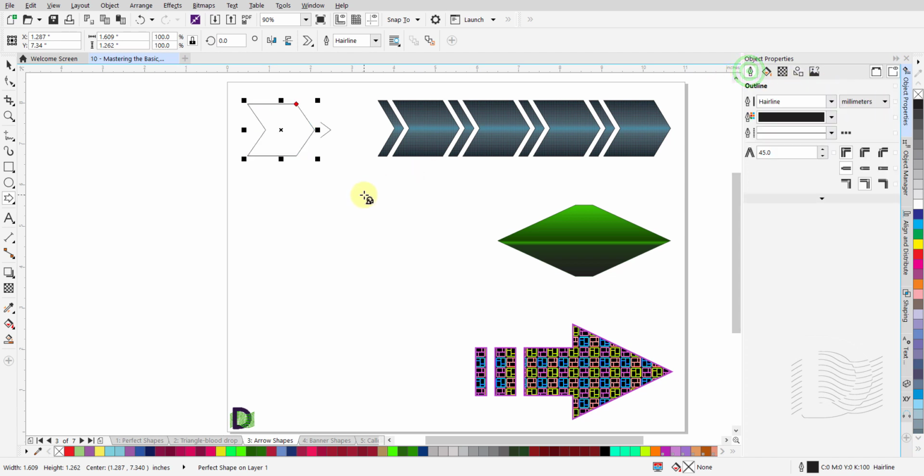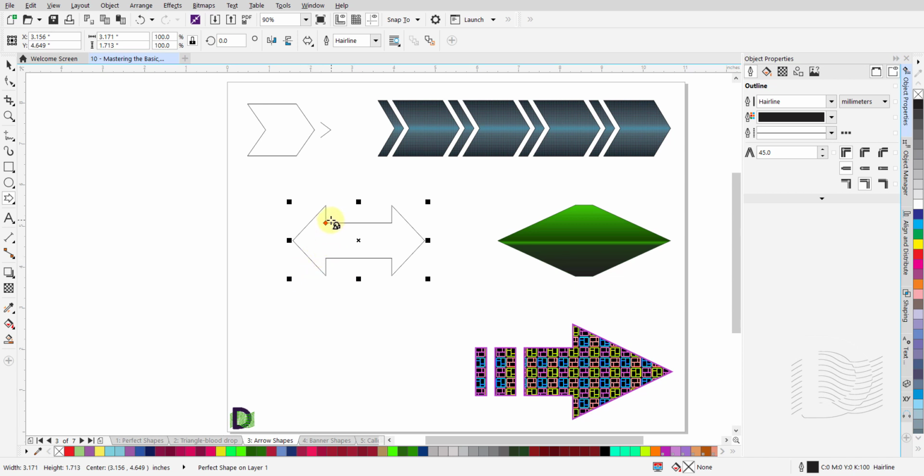Next, click on this black triangle on the Perfect Shapes icon from the Properties bar to open the drop-down menu. From this menu, click on this icon, the fifth icon in the first row, the double-sided arrow. Left-click and hold and drag the mouse to draw the double-sided arrow shape.